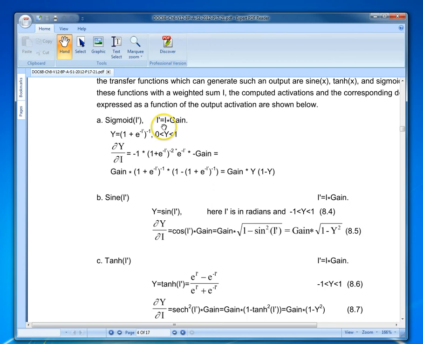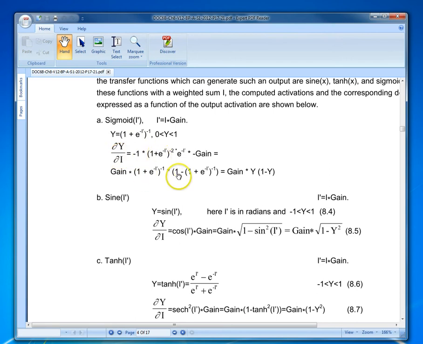I dash in this case is the gain times I. Gain is the gain factor, and I is the internal activation that is computed. So if you take that value, that is 1 by 1 plus e to the minus I g, which is the same thing as 1 by 1 plus e to the power of minus I dash. That is the value of the sigma transfer function, and if you take the derivative of this function